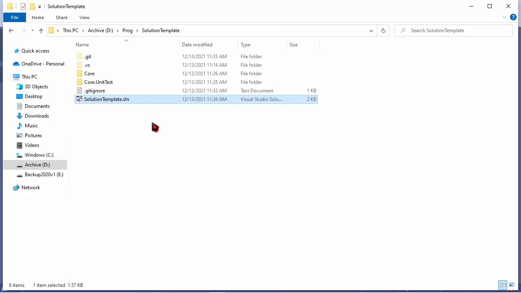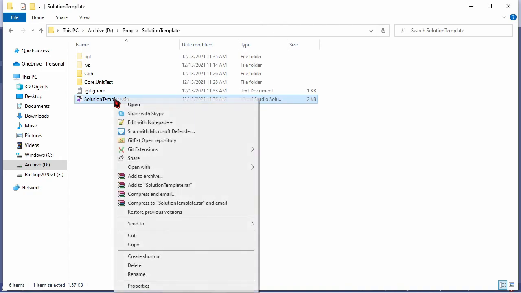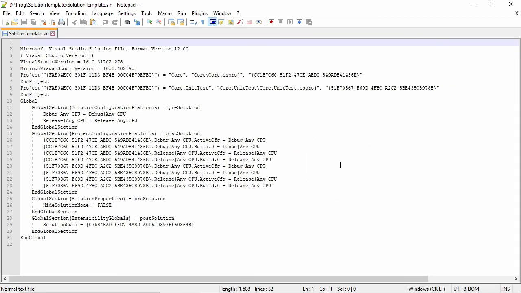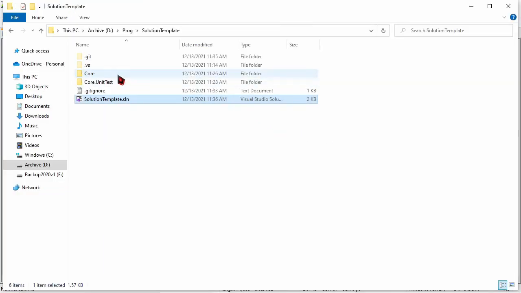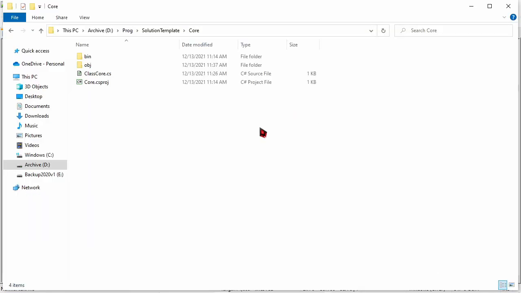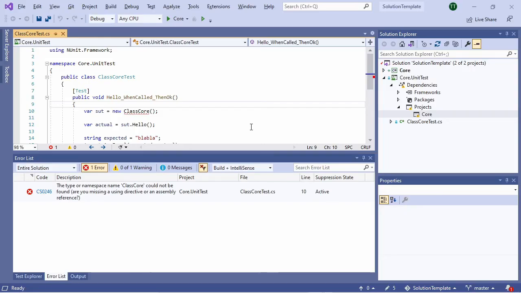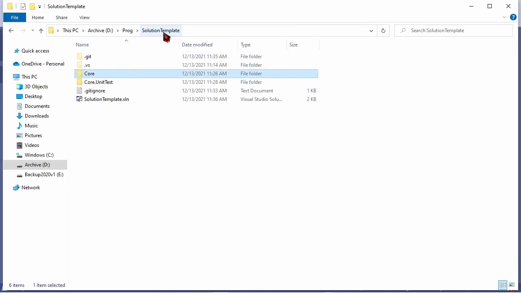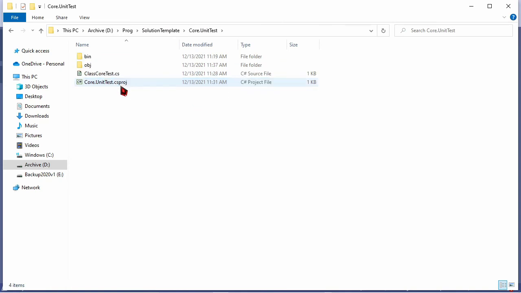Why? Let's open again this. So core CS proj, core unit test CS proj, to project core. So I'm going to open the core unit test to see better what it is referencing.